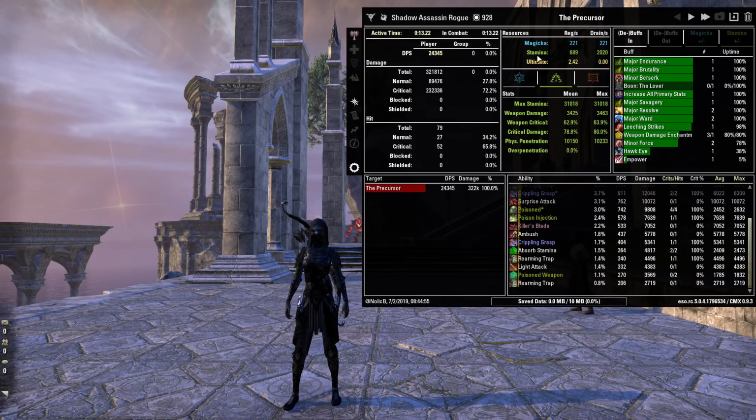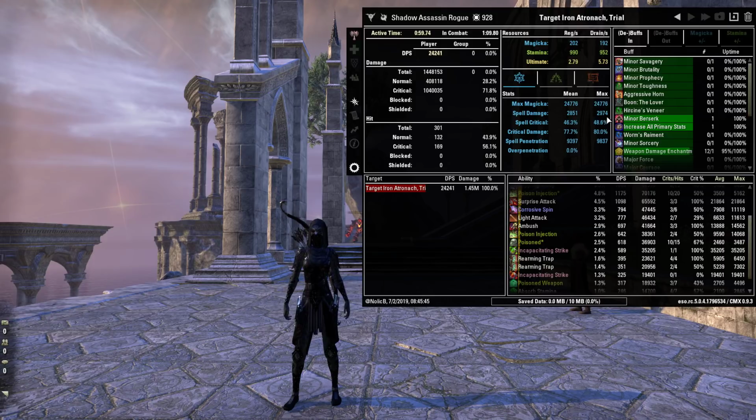Now, the same thing can be said on our Magicka side, because we do go to 46 spell damage, 42% spell crit, 80% critical damage, and we have 9,000 spell penetration. And that's on a small target. Now, we are going to swap over to the big guy, and everything is going to change here, because our max stamina, max health, Magicka changes and everything. So our max Magicka goes to 24k, we go to almost 3k spell damage, 48% spell crit, with an 80% critical damage, and we had not higher than 9,000